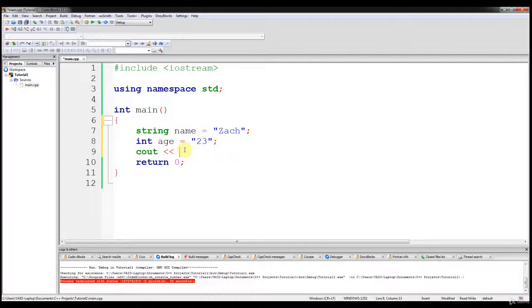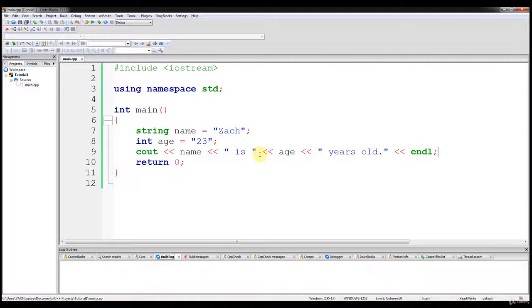And then we could say name, two less than signs, and then " is ", that's going to be a raw string that we are inputting into this output stream right here. And then less than, age, less than, " years old." And then we'll even throw in a new line, endl, right there. And when we printed that,